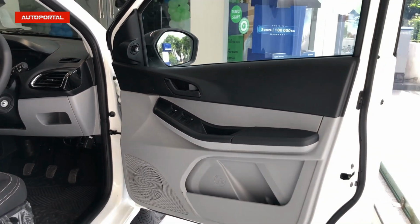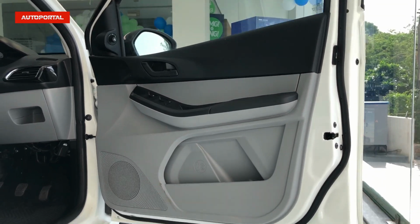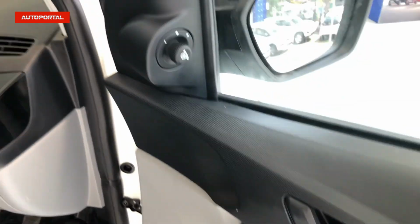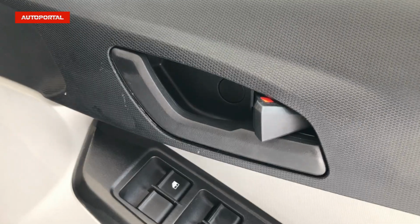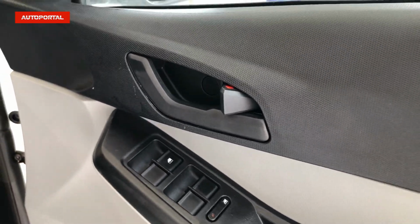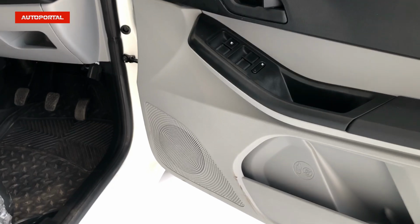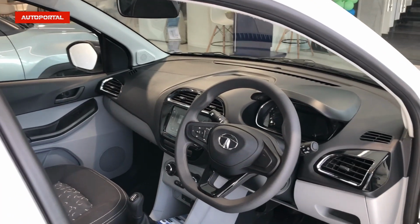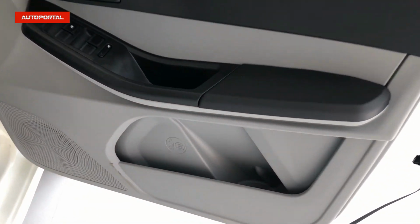the door has been finished in dual tone plastics of grey and black color. We get all 4 power windows. These are the ORVM adjustments, and the door handle has been finished in plain black plastics. This is the speaker placement because we have 4 speakers on offer in this XT variant along with a few